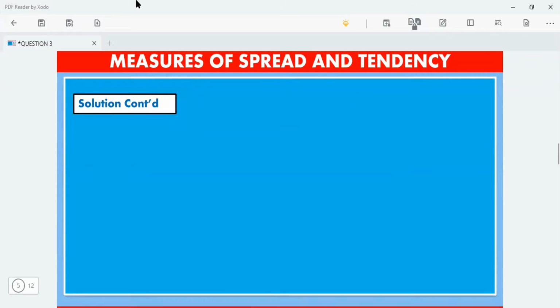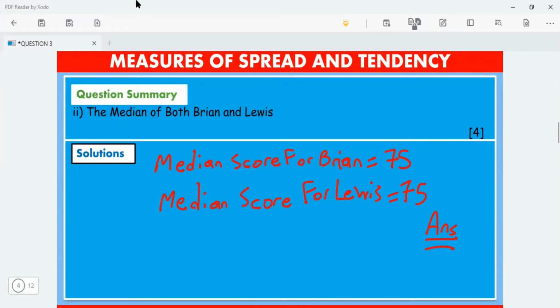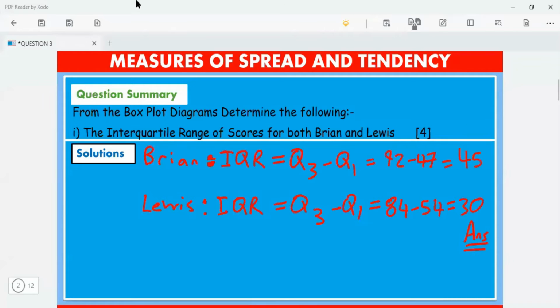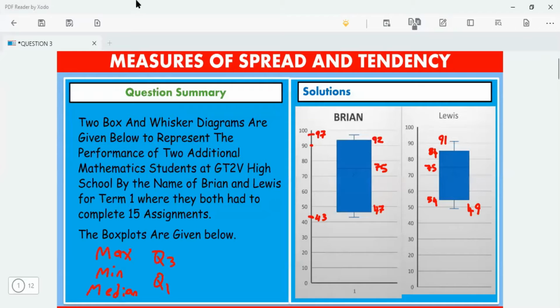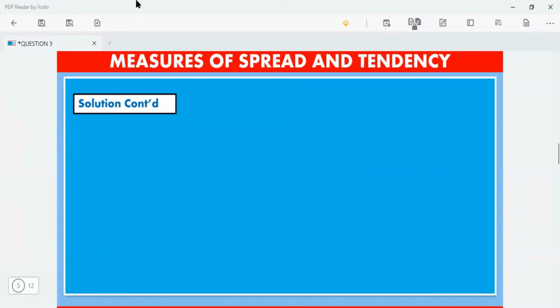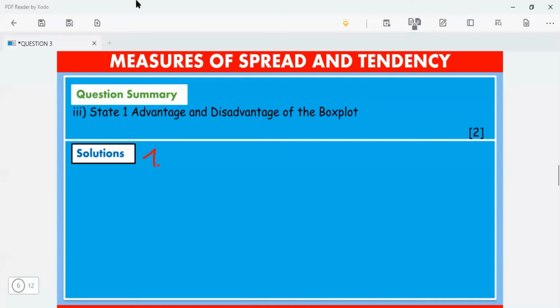One advantage of the box plot is that it summarizes the data very well. But one disadvantage is that we are unable to determine a mean, and we're unable to determine standard deviation from the box plot. All right. So number one, let's say one, it